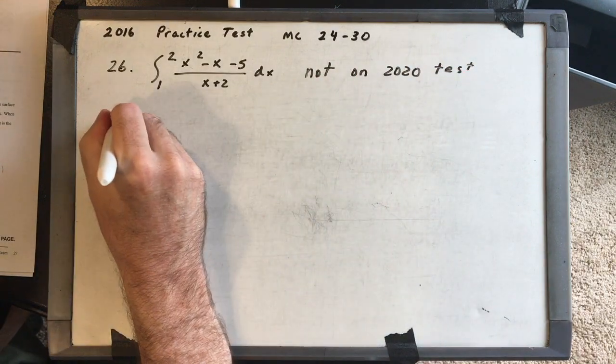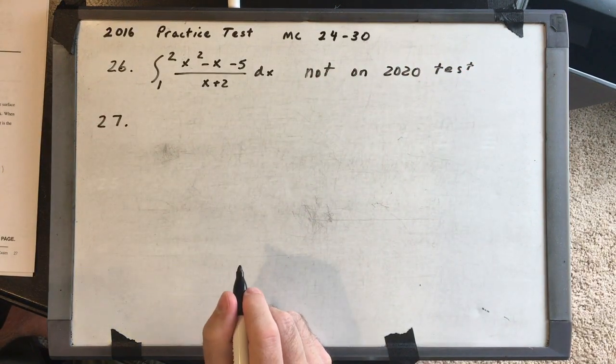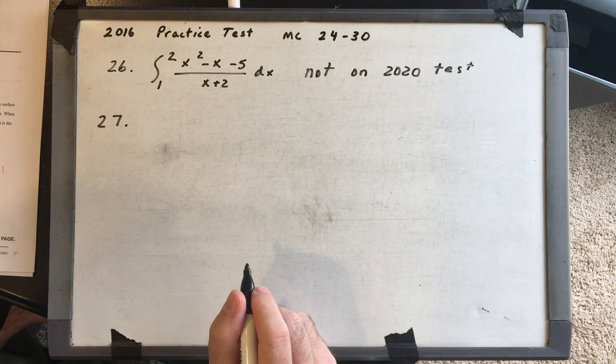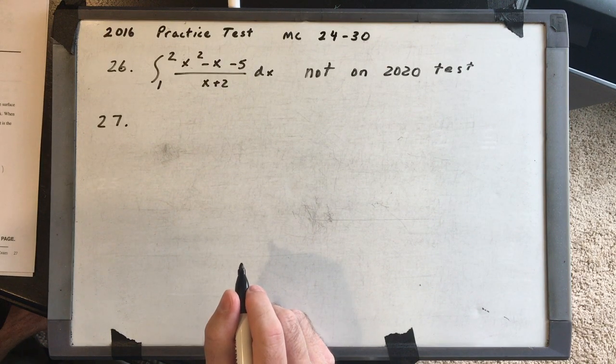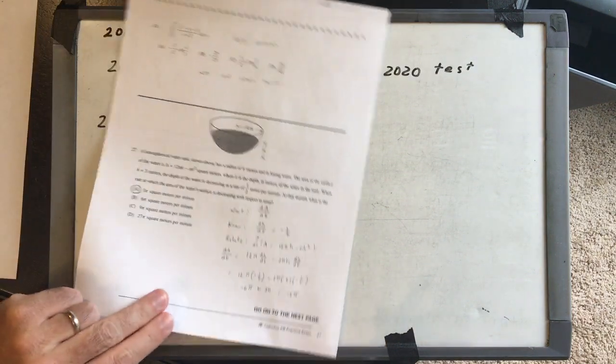Okay, 27 absolutely could be. I think it's a related rates problem, and related rates, you absolutely might see one of those on the test. It's definitely fair game. So just pull this into view here. We've got a